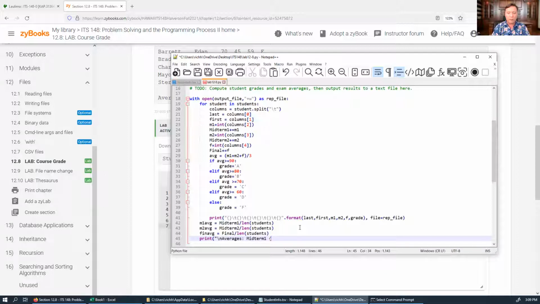And I'm going to use a format of a floating point number, 2 digits to the right of the decimal point, .2f. That's going to be the first one. And I'm going to do midterm 2, the same kind of thing. And the final average is going to be